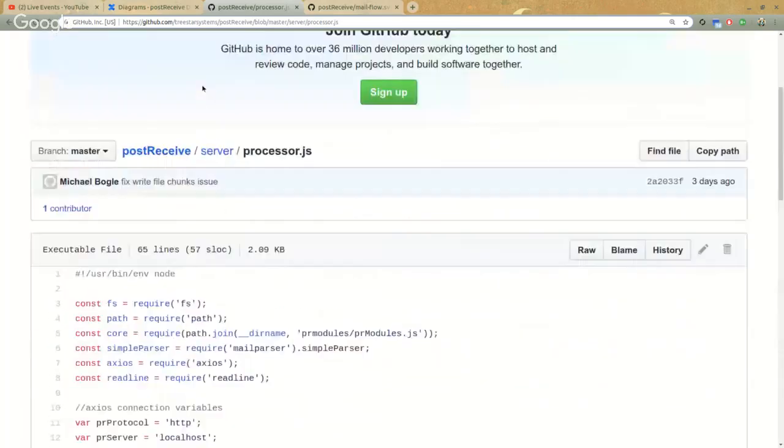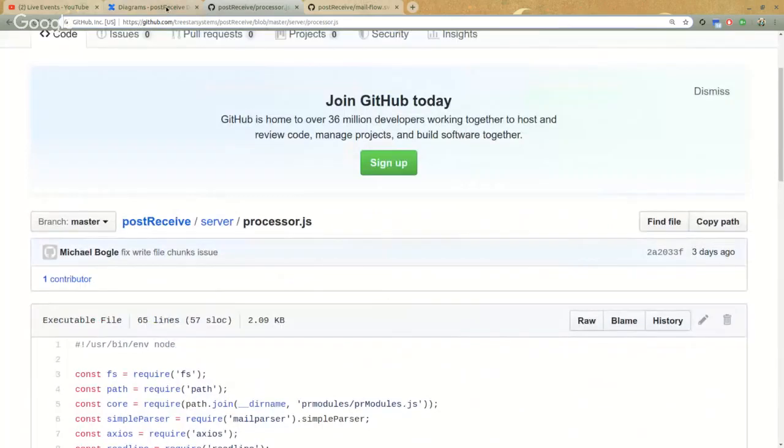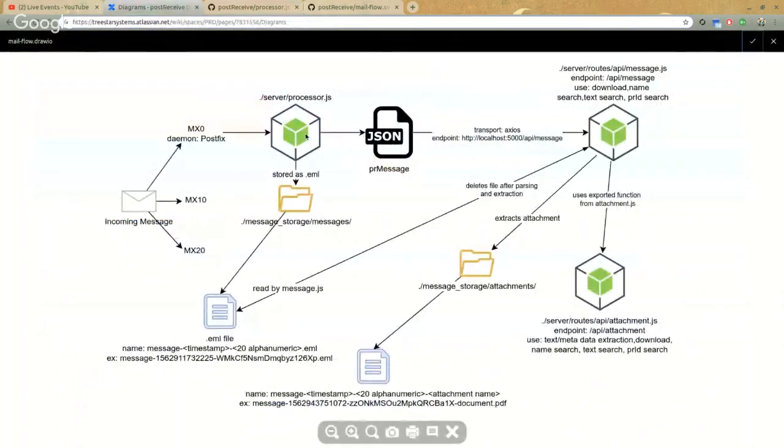We'll go from there. So now if I go back to the diagram, that's actually just the processor. The processor is going to take the email in from standard input and then write it to an EML file and then transport that JSON object via Axios to the messages endpoint. The messages endpoint will be the URL, in this case,